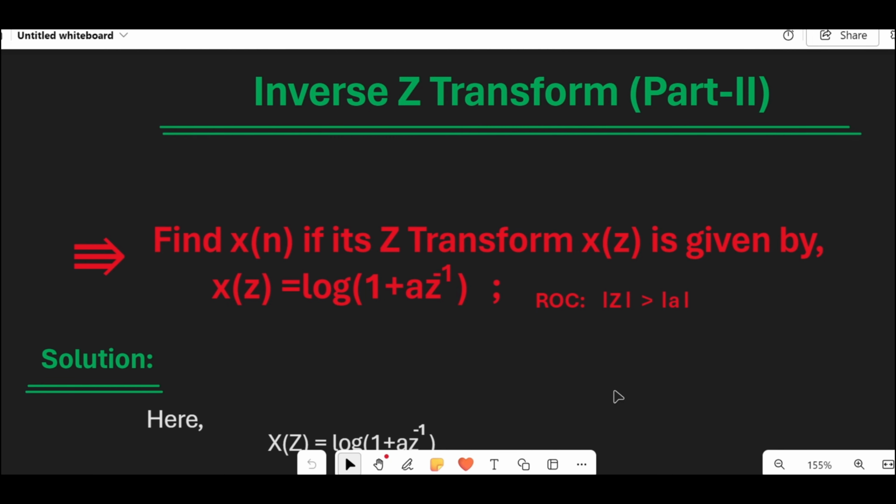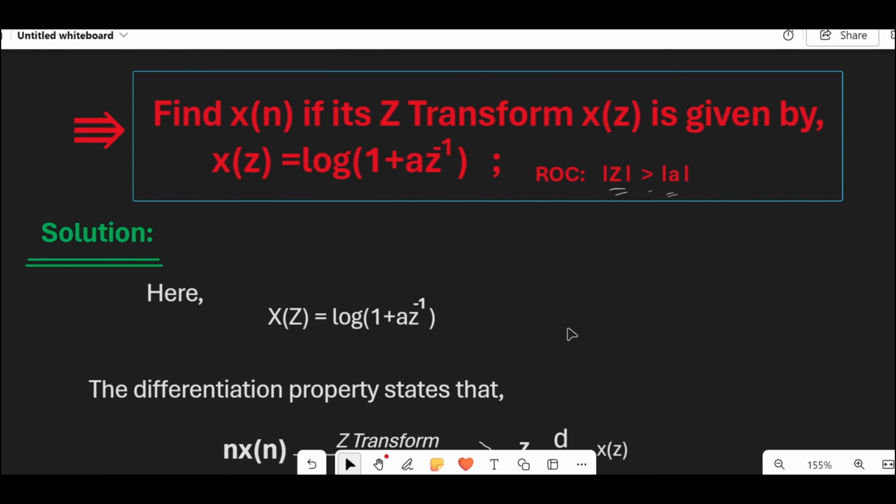Hello everyone. In this lecture, I will discuss the inverse Z transform. The first problem is: find x of n if its Z transform X of z is given by X of z equal to log of 1 plus a into z inverse. Here the ROC is modulus of z greater than modulus of a. Now in the solution,